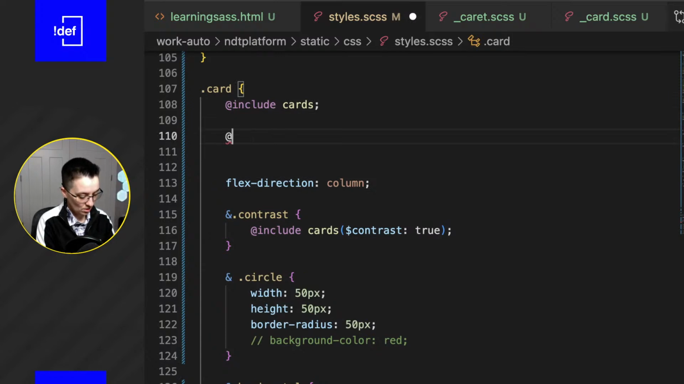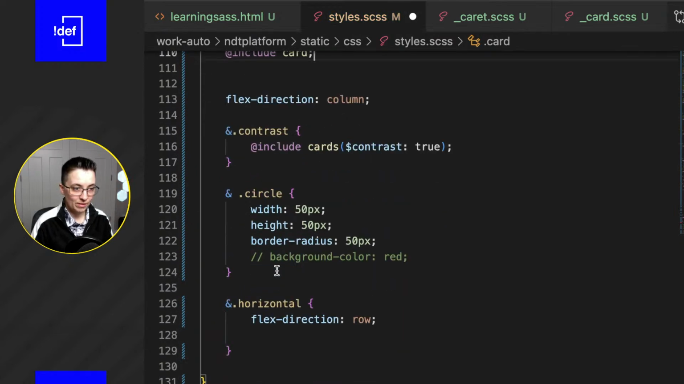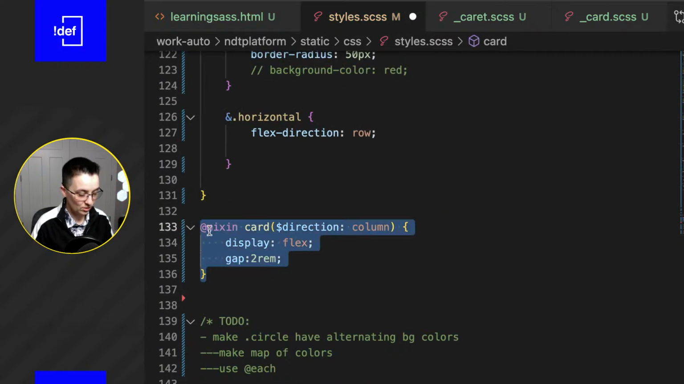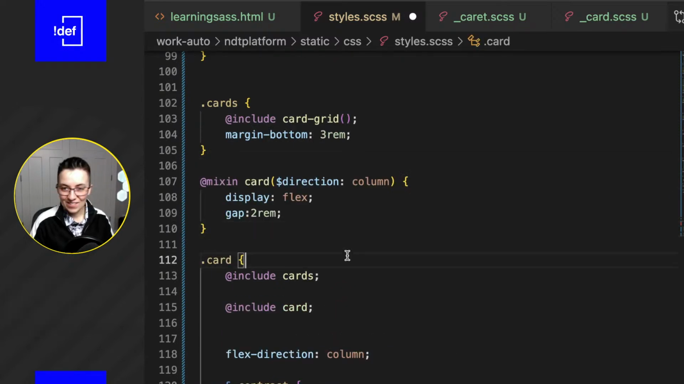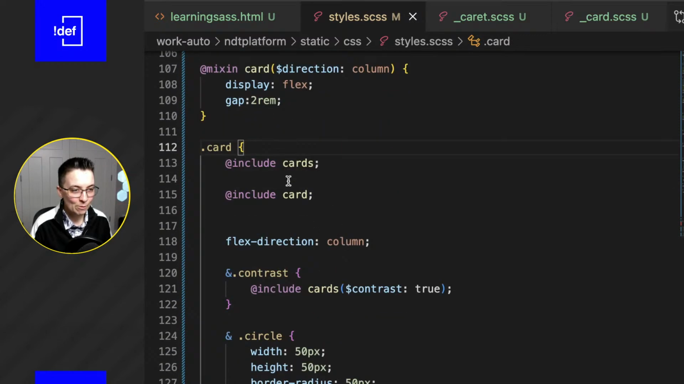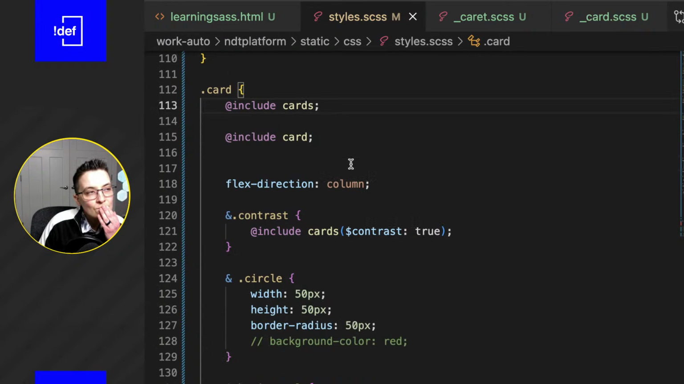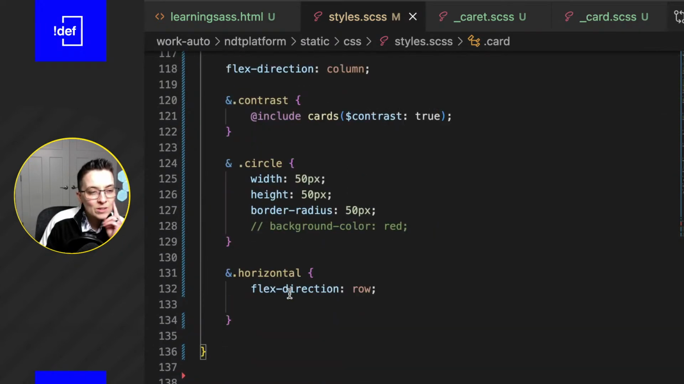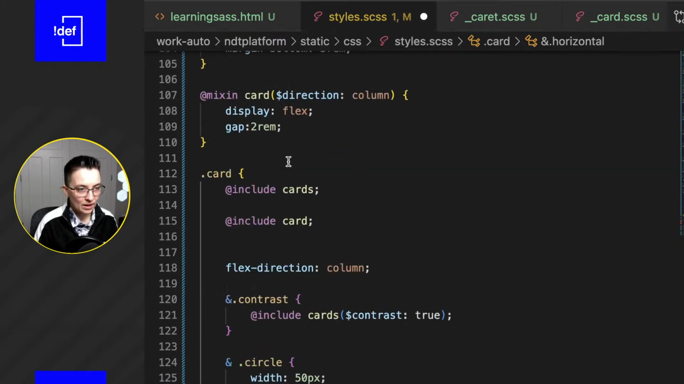@include card. I'll probably have to actually move this up above here. There we go. And let's see. So now we have our card class, so it's giving us this. So how do we change the direction? Because obviously I can cut this out, and I can say,